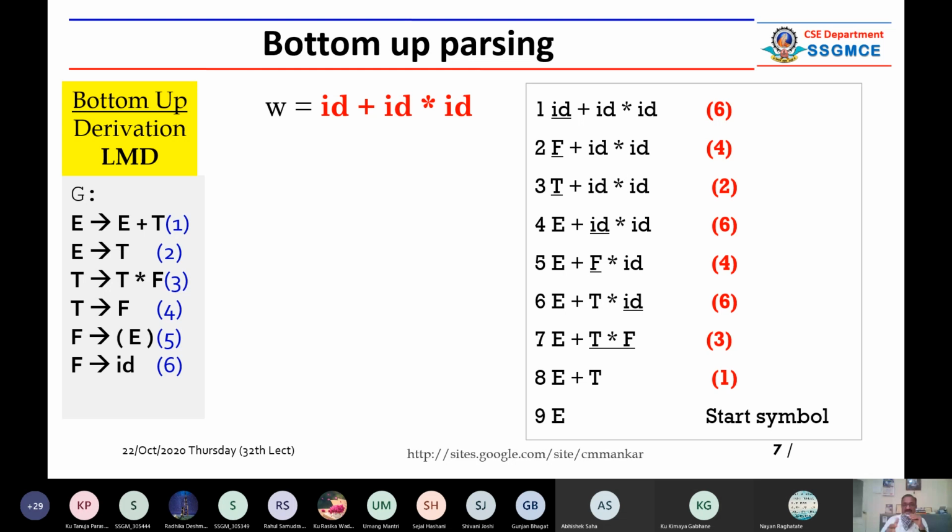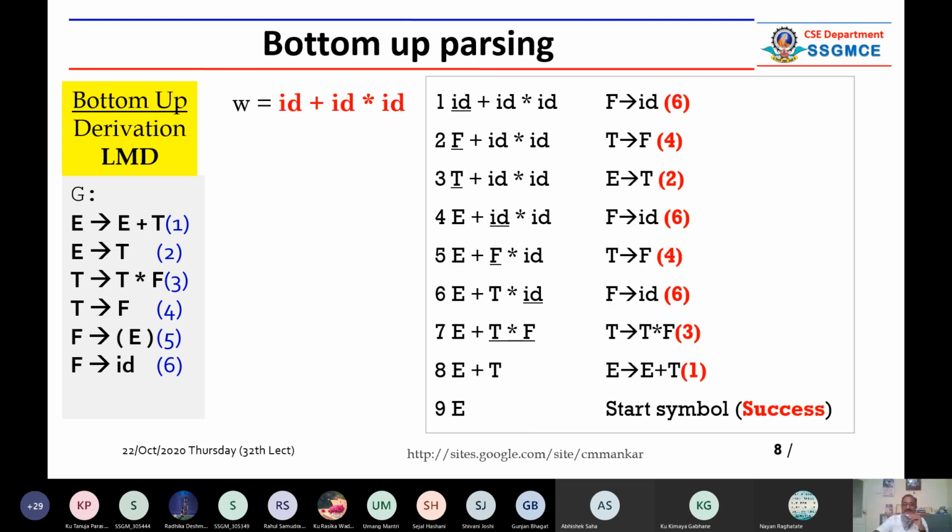In the same way, from this derivation sequence, we generate the parse tree or syntax tree. From that syntax tree, we decorate it, means we add certain values, attributes to the nodes of that tree. We put values in those attributes and we derive meaning. For example, here in the first line you substituted F, then T, then E, then F, then T, like that. And at the end, you generated the start symbol E.